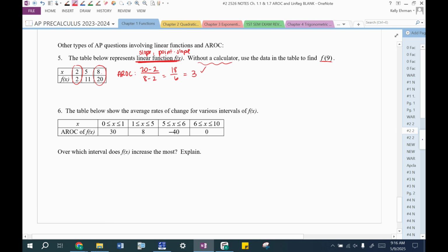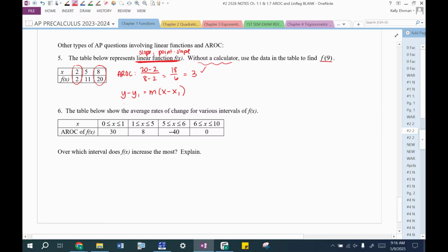Now, 9 is only 1 unit away from 8, so I should just be able to add 3 here. But just in case, what if it said find f of 19? Do you really want to add 3 until you get up to 19? Not necessarily. So remember, we learned about point slope form, where y minus y1 equals m times x minus x1. On our AP test free response question, there will always be something that says find some value using the average